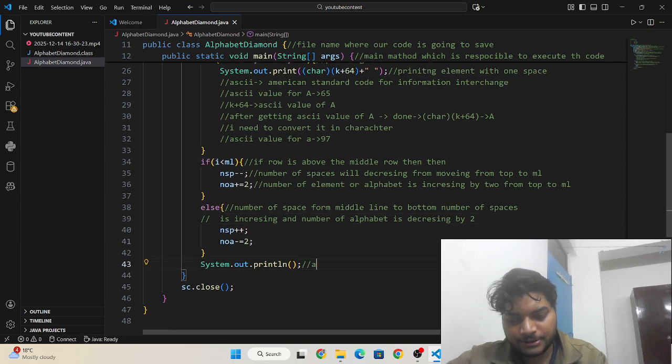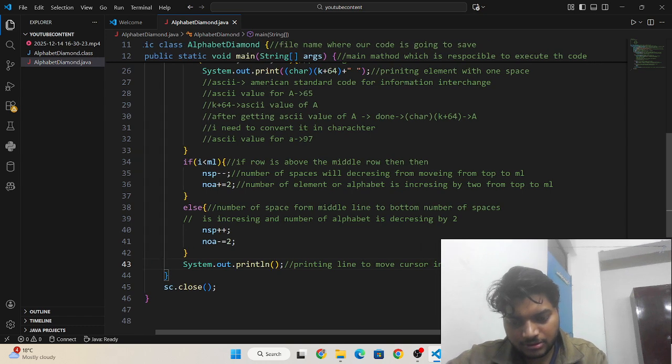And after printing the elements in the current row, this line moves the cursor to the next row.